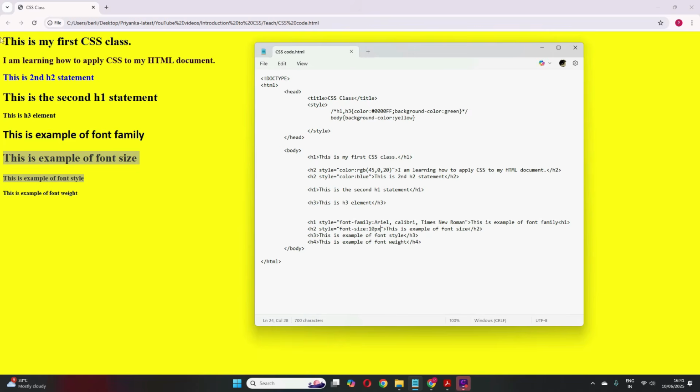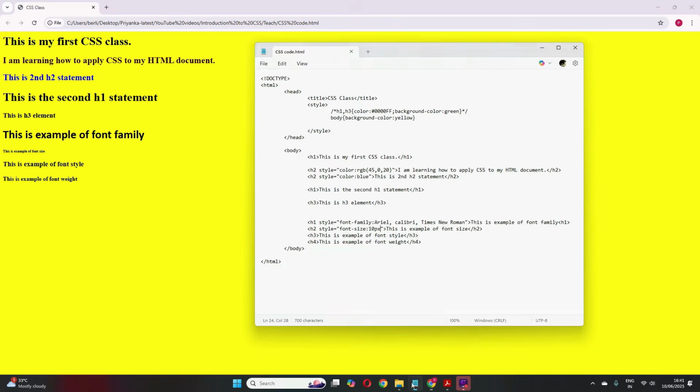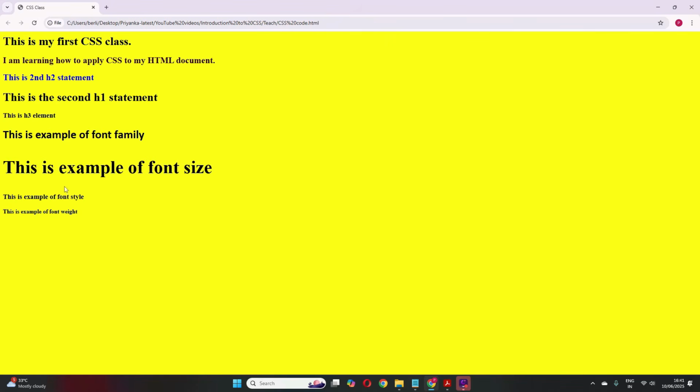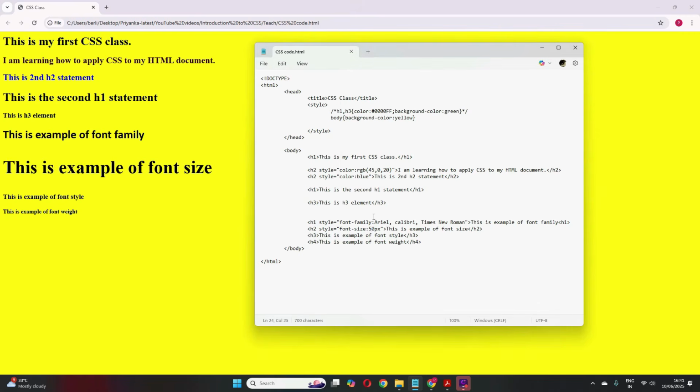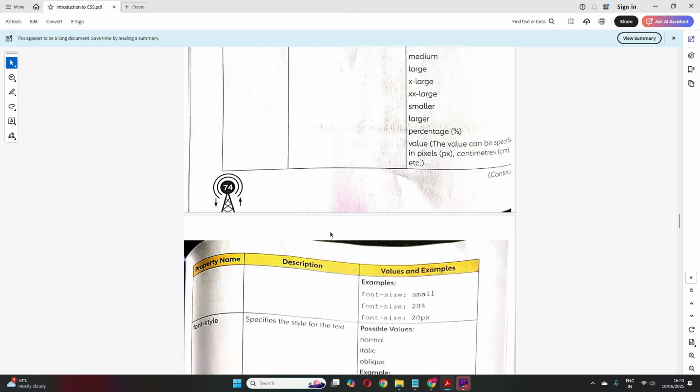Now if I run it, see it becomes small. 10 is very small basically. So if you want to increase, you can give maybe 50, right? So accordingly you can change, even you can put a percentage sign. So font size is clear, and these are all the values that we can put in font size.